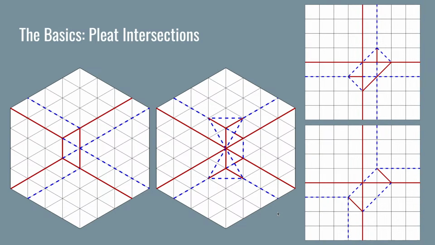And then there's a couple more pleat intersections. These can, but don't have to, use only existing grid lines. And these are some of the more common intersections that you'll come across. With the squares,